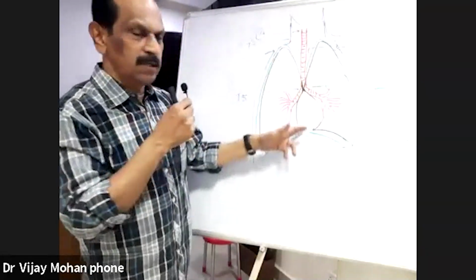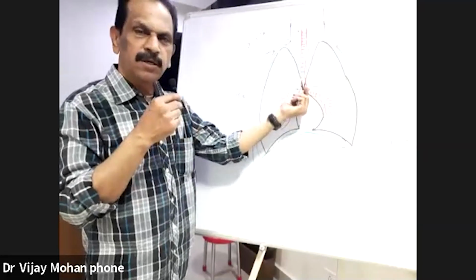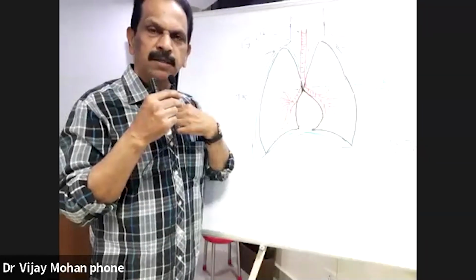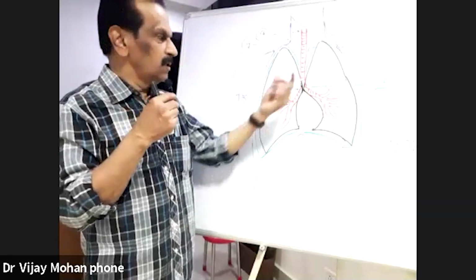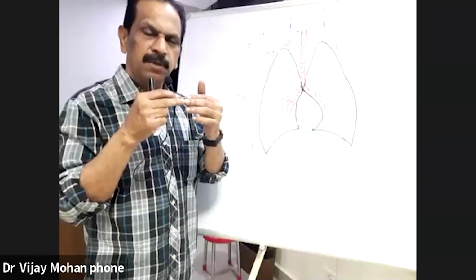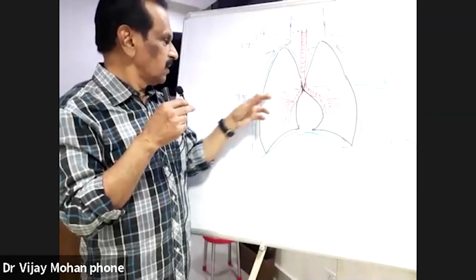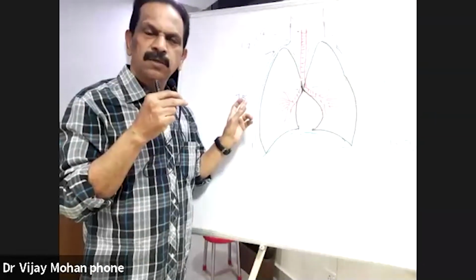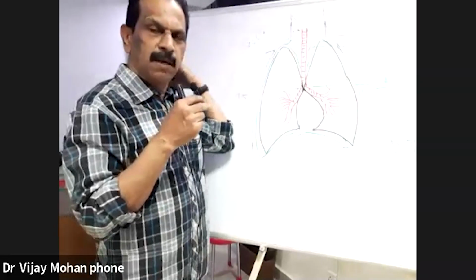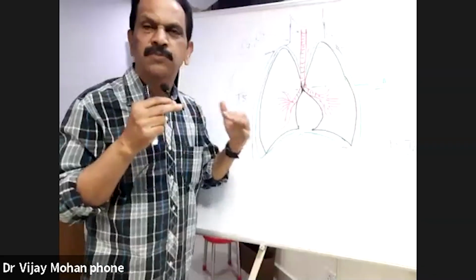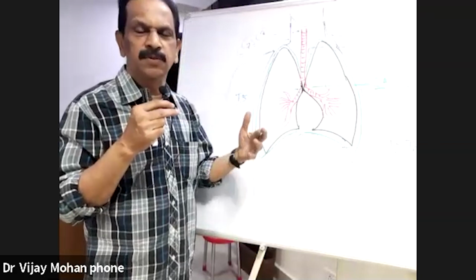Otherwise, lungs don't meet each other. This is the only point. Just behind the angle of Louis, both the lungs come and are in touch with each other. Then this also corresponds to your fifth thoracic vertebra in the back. So if you remember these, it will be easy for you to understand the disease process when you are examining